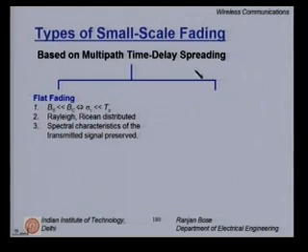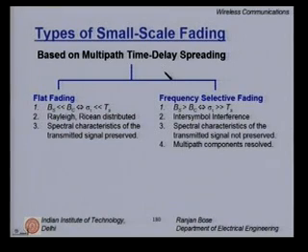The other part, based on the multipath time delay spreading, is the frequency selective fading component. This is the complement. In this case, B subscript s, which is the signal bandwidth, is greater than BC. Please note, it is not much greater than, just greater than starts you into the domain of frequency selective fading, but in many cases we consider Bs greater than BC. It equally implies that sigma tau should be greater than Ts, the symbol duration. In this case, inter-symbol interference occurs.